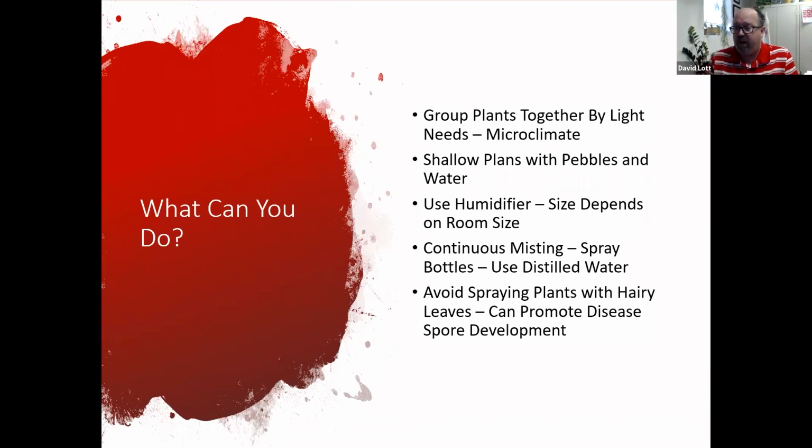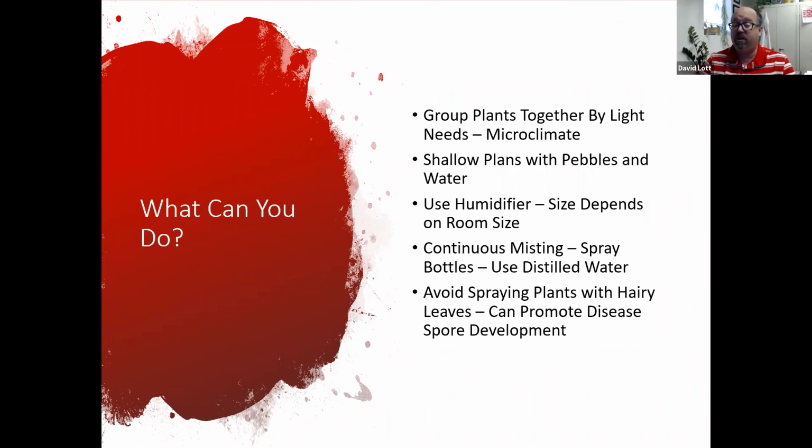John, do you have any of that going on in your environment behind you? I have some. So I have nursery pots inside of decorative pots. And usually they don't go all the way to the bottom, so that there's some water below, so the plant's not sitting in water, but it does raise the humidity. And that's the idea. The plant's going to sit on that layer of pebbles or with the water, so that humidity can climb right on up.